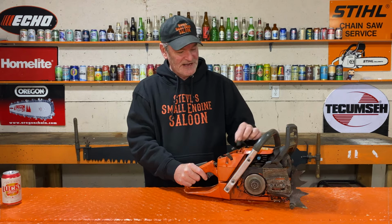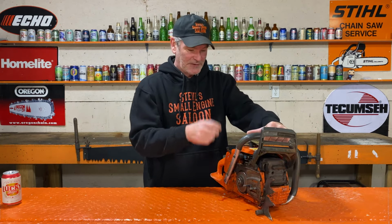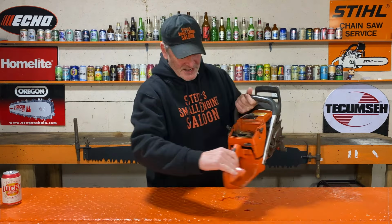All right, what's next? We are going to pull the muffler off of this so we can see the exhaust side of the piston, and we'll get more information from that. But what I want to do first is take the starter off because